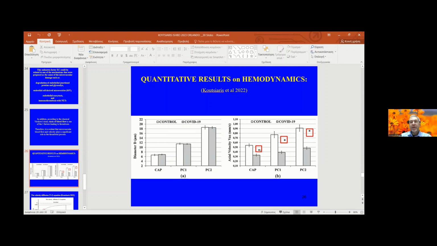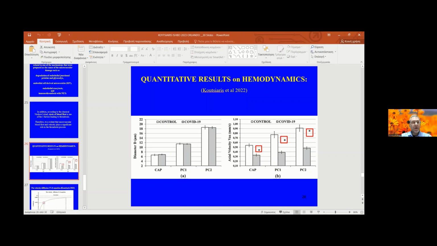The significance level inside the red box was less than 0.001. P was less than 0.001. So this is another impressive result. And if we combine this with